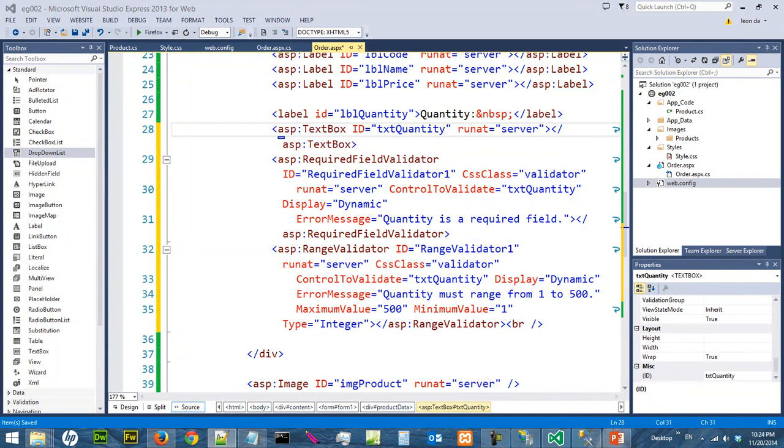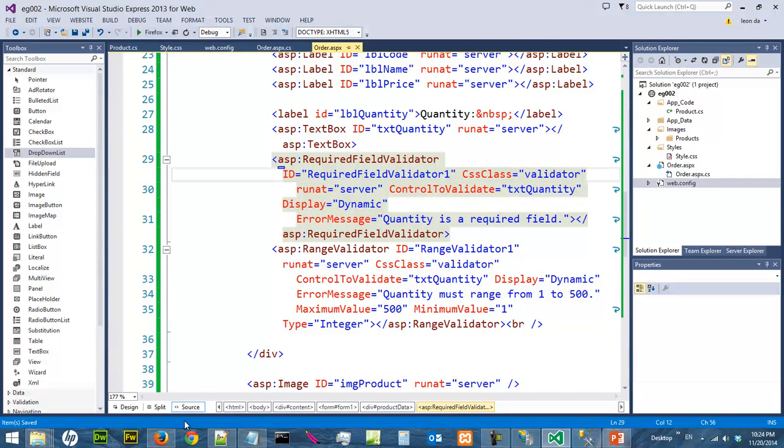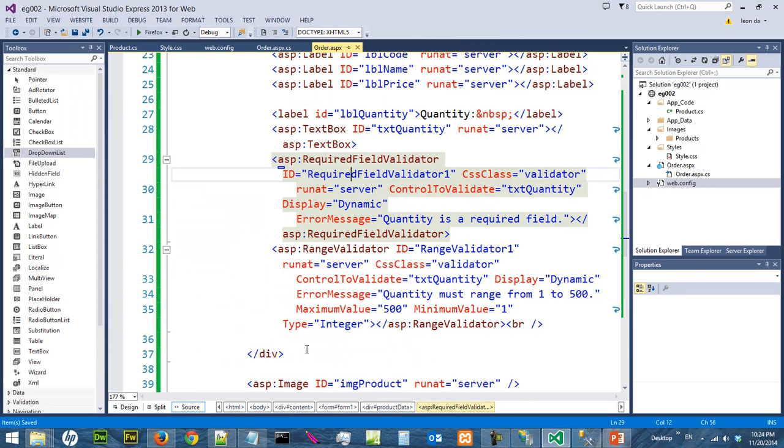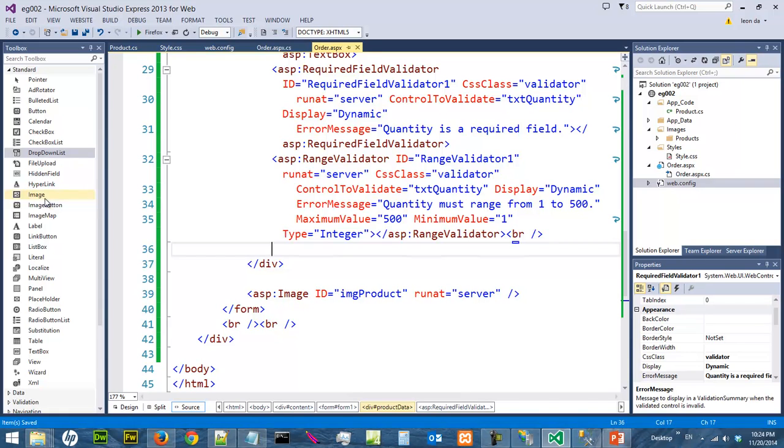So that is good. Save. And you should be able to see it here. Okay. So you can type in the text, and then of course you have to create a button. Okay. So the next step is to create a button below here. Of course, you can drag a button